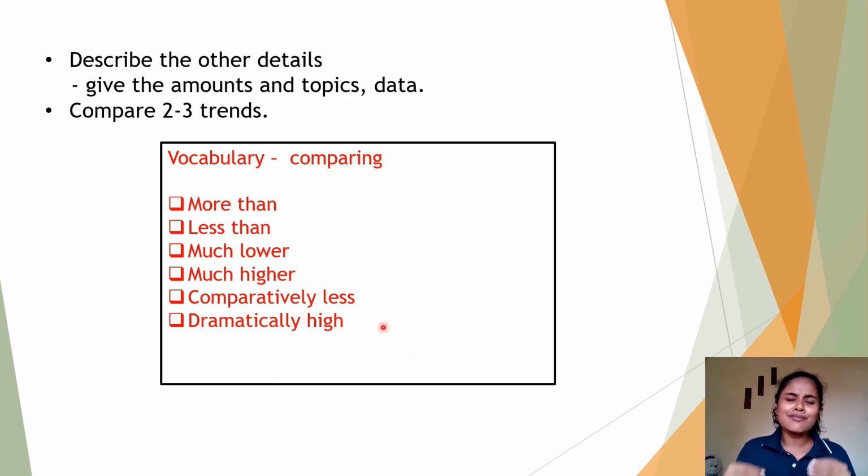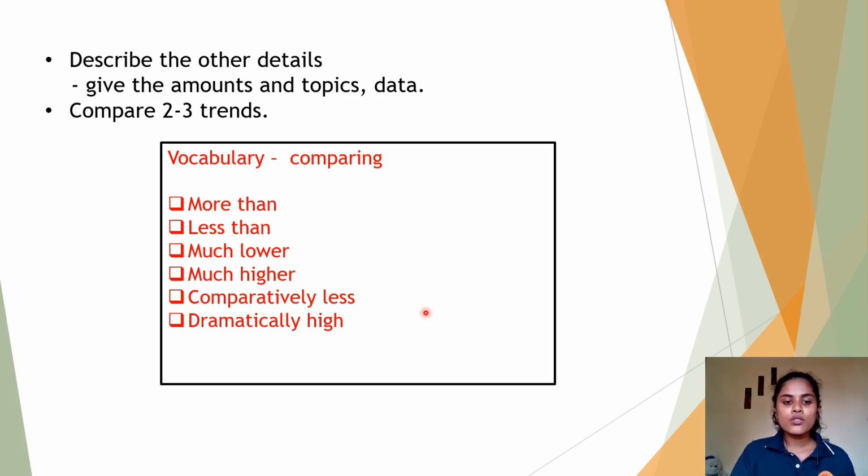Just say, without using the same words like more than, less than, we can use these types of words as well. Comparatively less means there is a huge difference. So do not use this particular word when there is just a small gap between them. Do not use it, but instead you can use comparatively less or comparatively high when there is